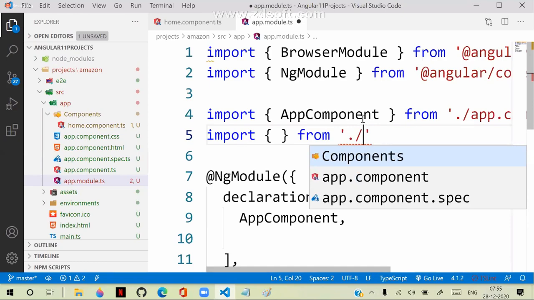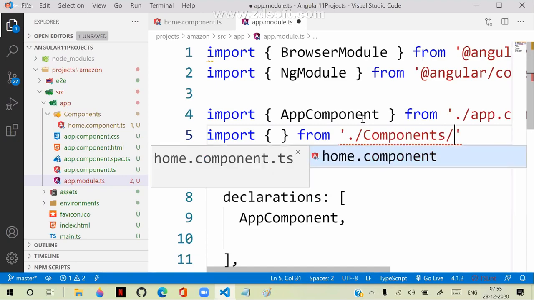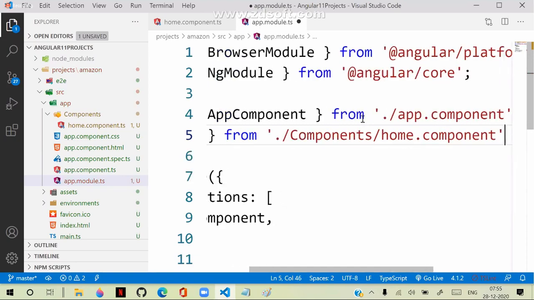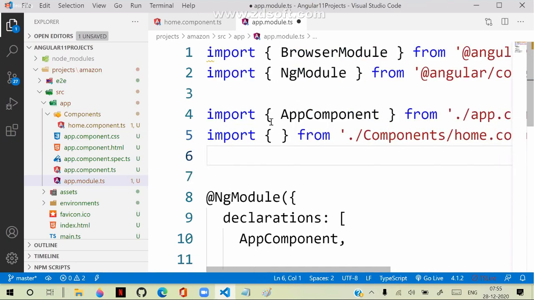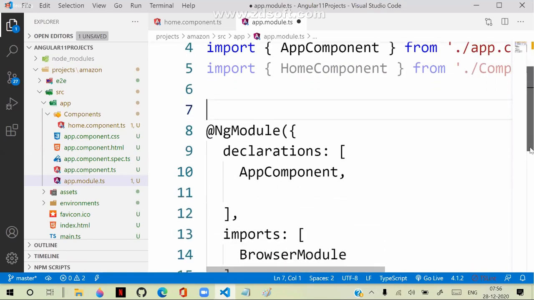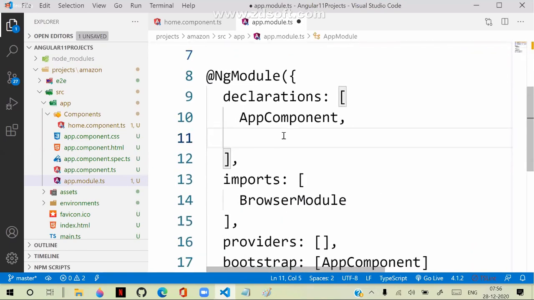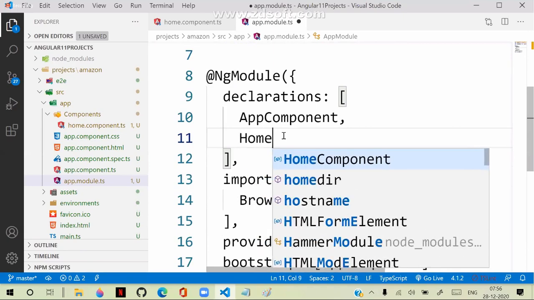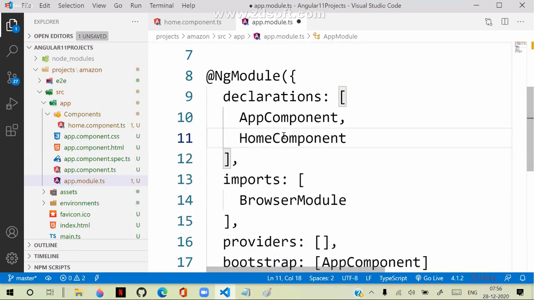Dot indicates current location. That means in the app folder, components. In components, we have home component. We have to import like this. And from here, we have to import a class called home component class. So this component must be defined, registered here, home component. Now you can access that home component and use.